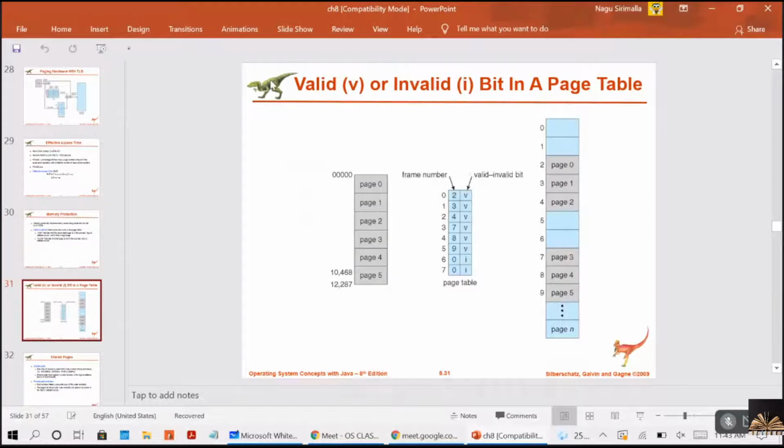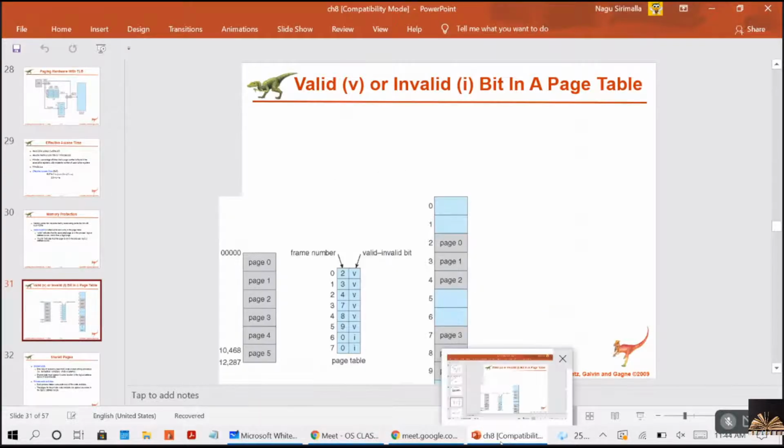So by checking with the page table length register, it will tell you the length of the page table, right? So up to what point it can be allowed. If it is beyond this 10,468, it will be treated as illegal. When you are adding this to the offset, it will be checked with that. Based on the length of the page table, if it is beyond that, it will be treated as illegal. Is this clear, guys?